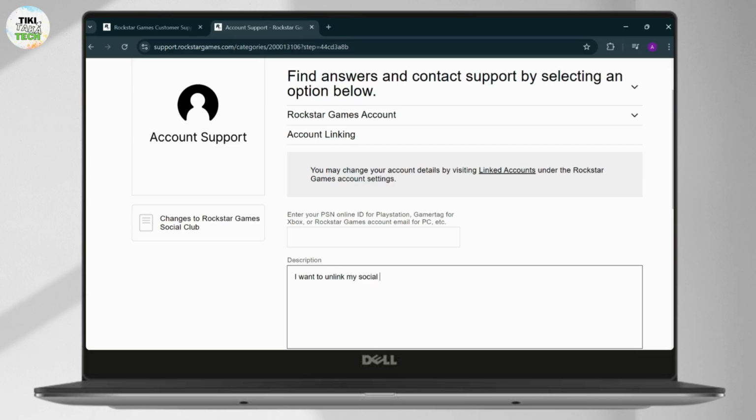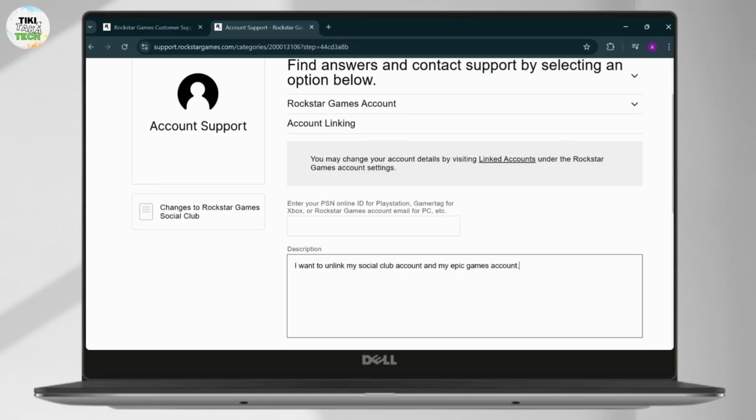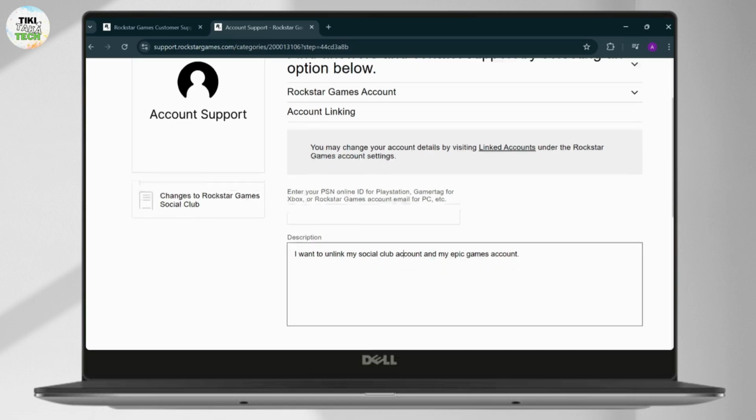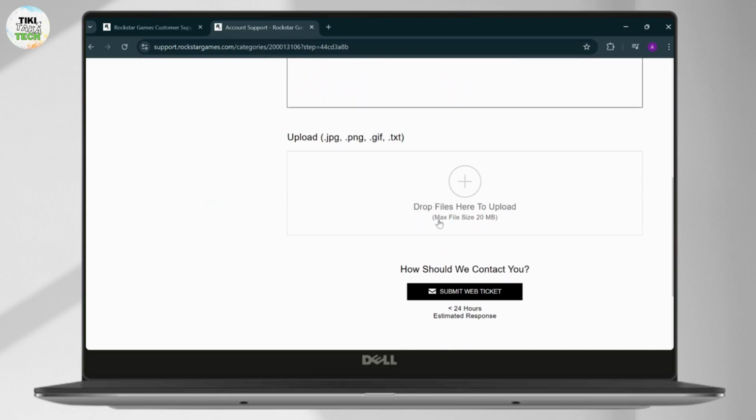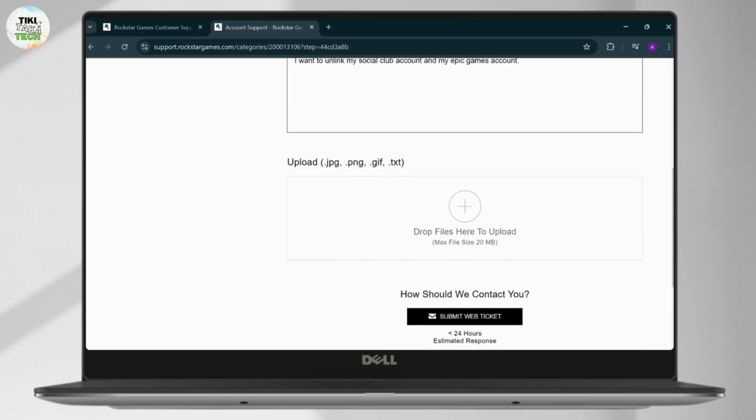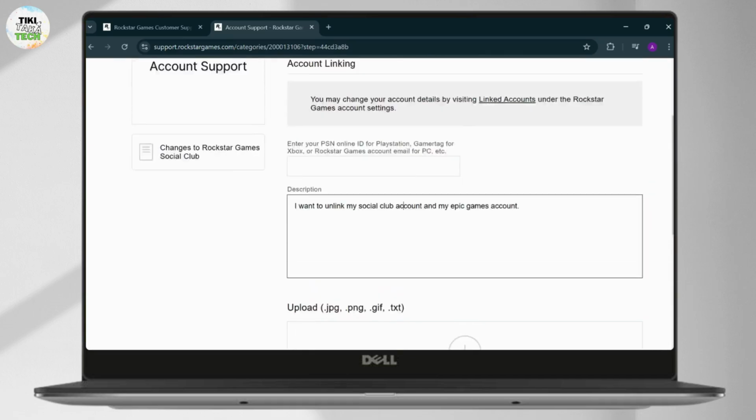my Social Club account and my Epic Games account. And after you do this, make sure you slightly elaborate on this and write something along these lines. And after you do that, don't forget to add your IDs, that is your Social Club ID and your Epic Games ID. And after you do that, you can even upload a PNG or any JPG file, and then just submit your web ticket, and they will contact you back and they will help you unlink your